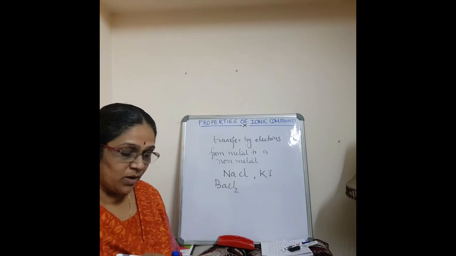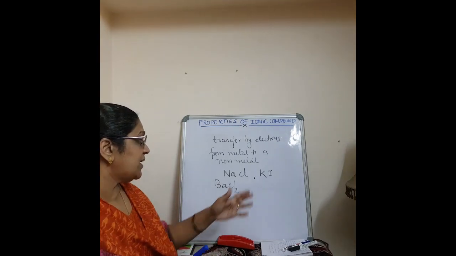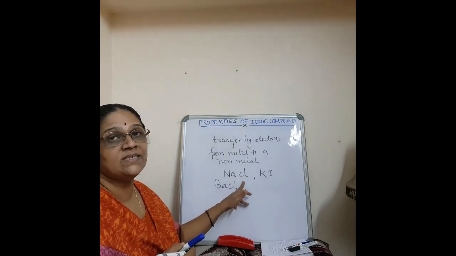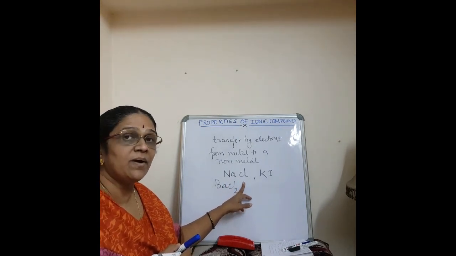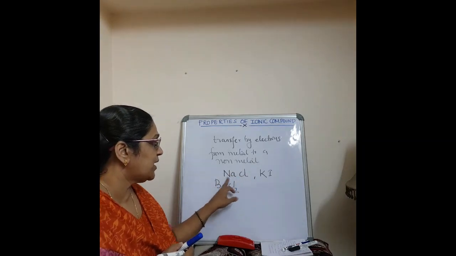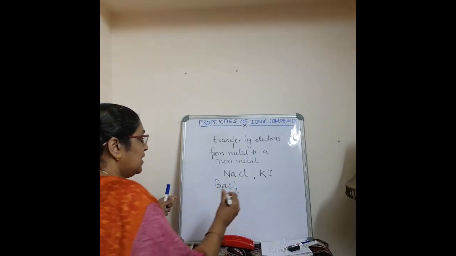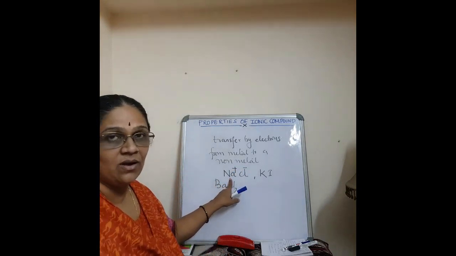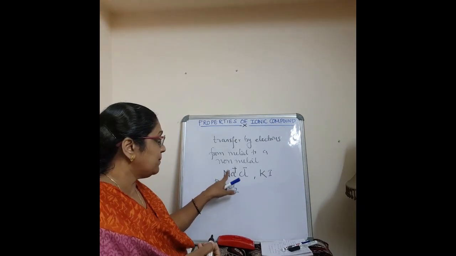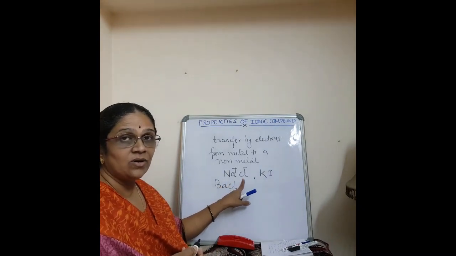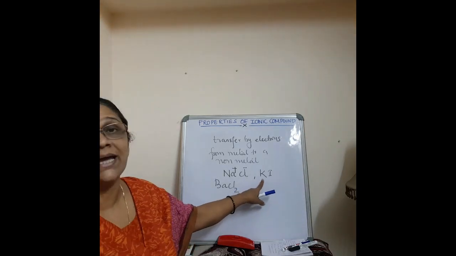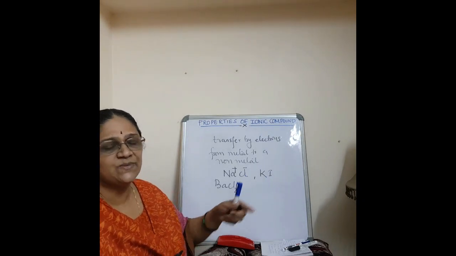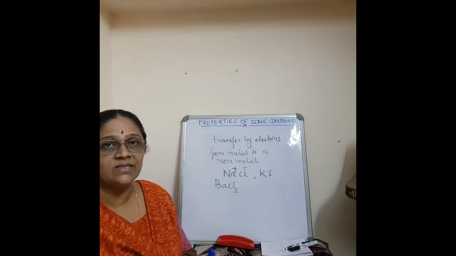Okay. Now one more question they can ask is, if you are given an ionic compound, then you have to say which cation is formed and which anion is formed. It's very simple, isn't it? So in the case of sodium chloride, which are the anion and cation formed? Sodium is Na+ and chlorine is Cl-. Plus means cation and minus is anion. So sodium cation and chloride anion are formed. Likewise in potassium iodide, potassium cation and iodide anion are formed. So these are the questions which can come in the board exam from this topic.